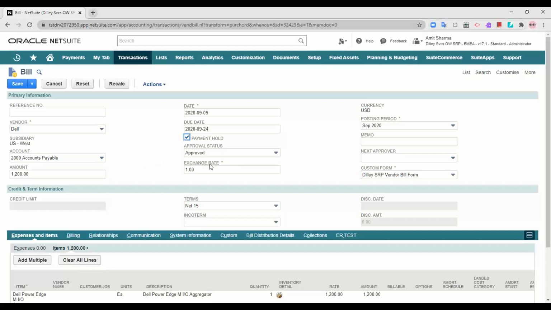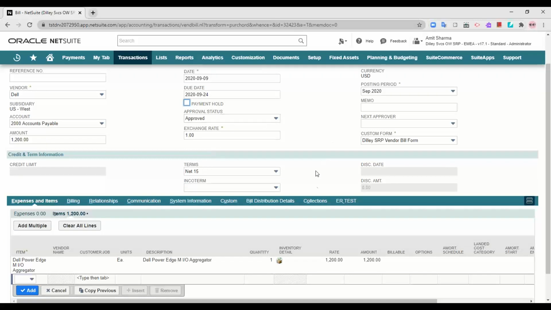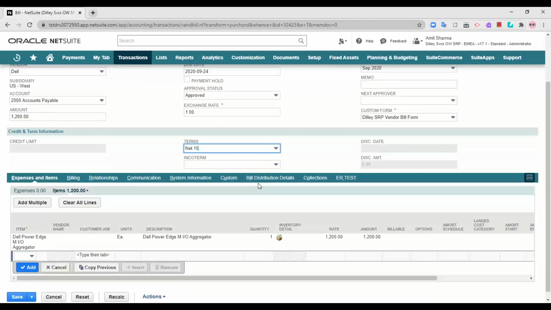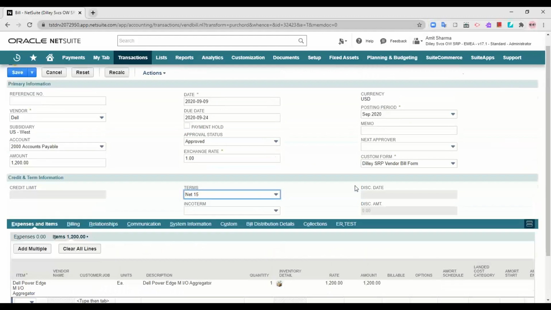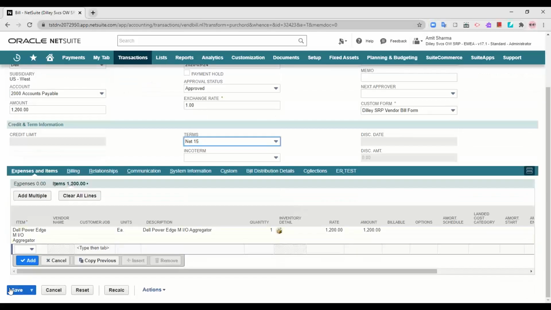So here you can check the payment hold option. I do not want to hold the payment for this particular vendor as of now, so I'm unchecking it. The approval status is approved, and I can still select the credit terms that have been set with the vendor. I can select it from here, and I've provided all the important information, so I'm going to save it.